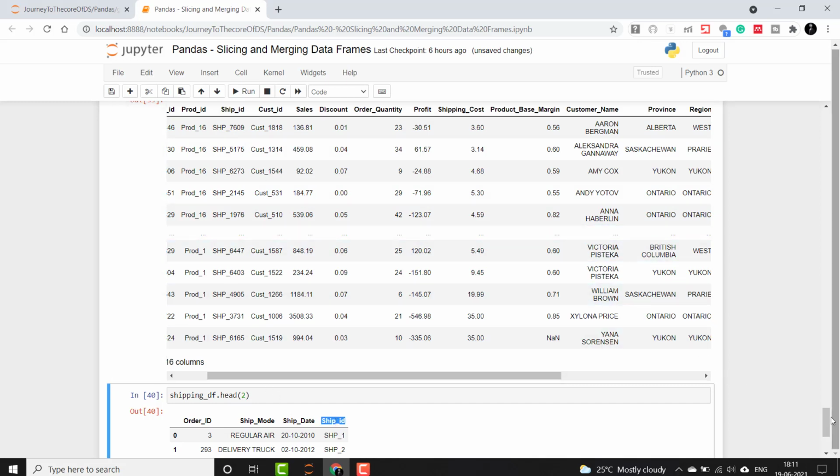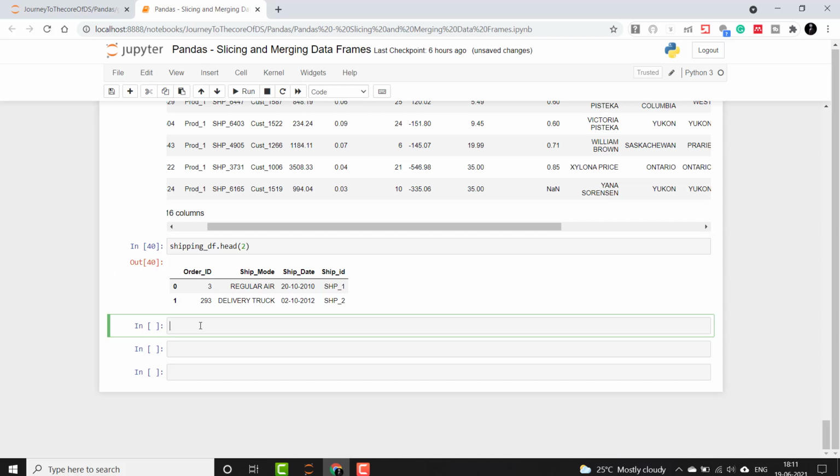So I will say df_3 equals pd.merge, and then specify df_2, shipping_df, how as inner, on as the ship id.